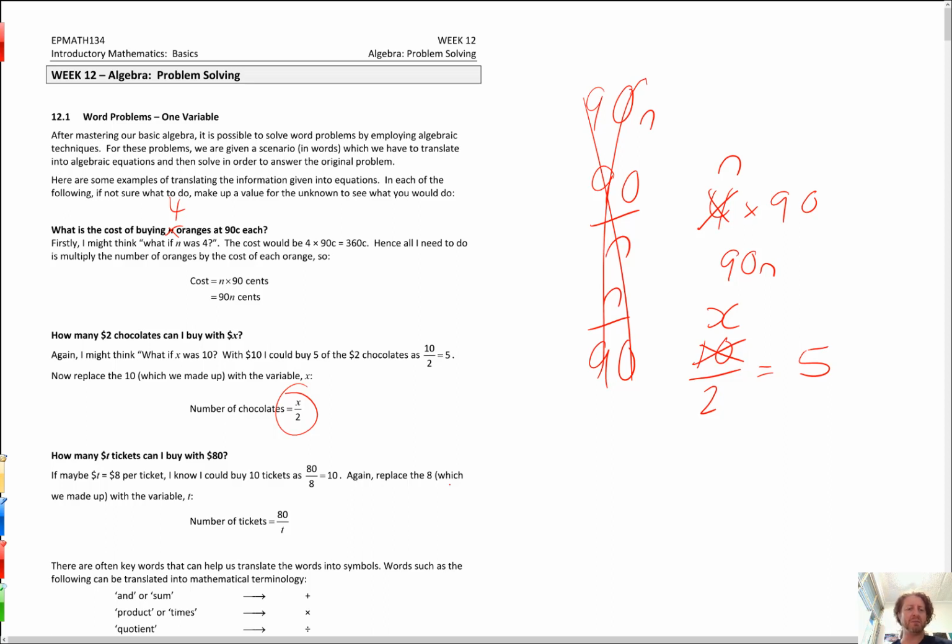And I'm trying to make up a number that goes well with 80. So I've picked $8 per ticket. If I've got $80 and it's $8 per ticket, I see that I can buy 10, because 10 8s is 80. So whatever way you think about it, then say, no, it wasn't really $8 a ticket, it was $2 a ticket. So how many tickets can I buy? 80 on T. So they're just some little methods just to work out